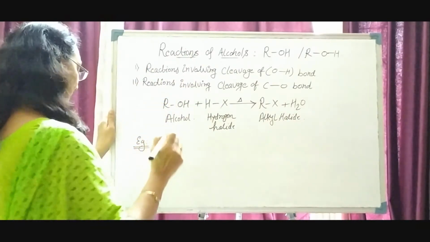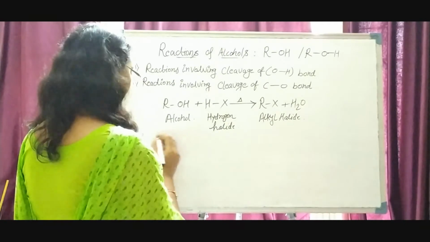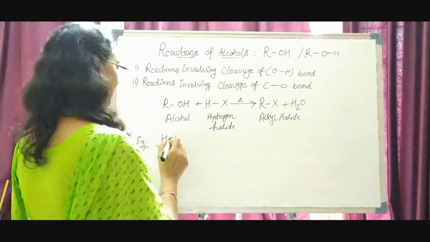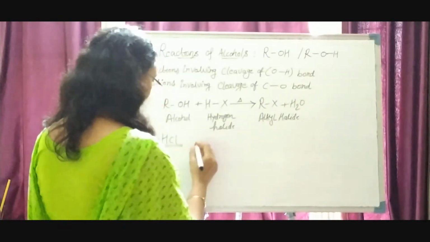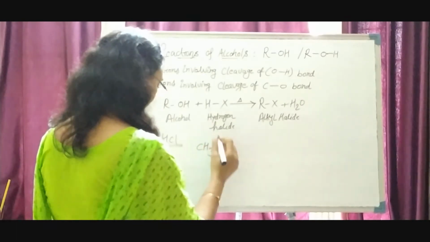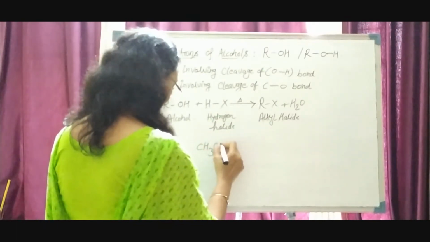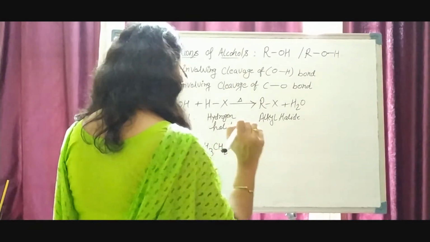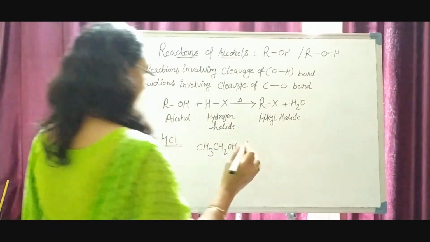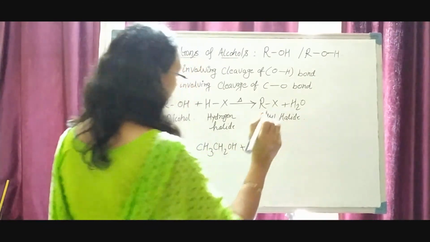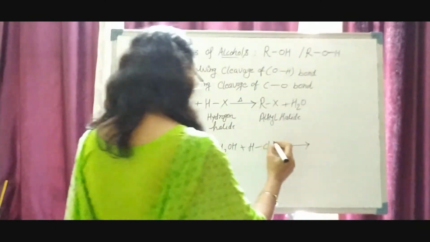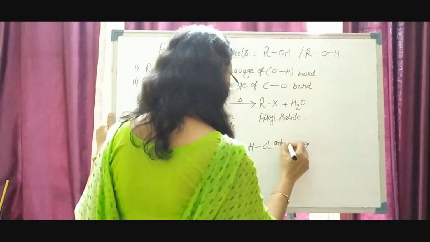We can consider the example of HCl, that is H, and Cl, that is the X. The reaction of ethyl alcohol, CH3CH2OH, when treated with hydrogen chloride and heated in presence of anhydrous